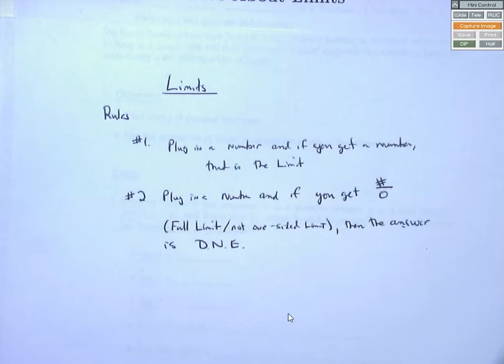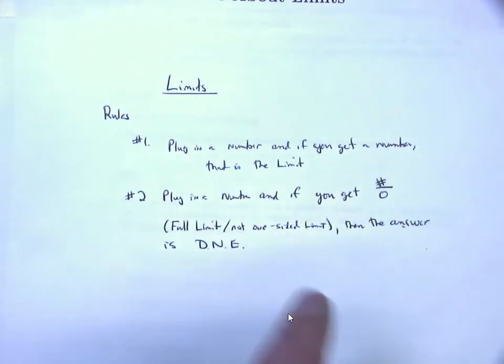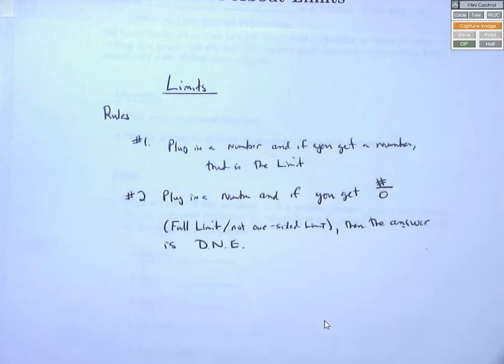So when I plug it in, I get a number divided by 0, it's straight up. Now, if it's a one-sided limit, you need to do a little t-bar, because with one-sided limits you are allowed to have an infinity or minus infinity answer, and it's going to be one of those. You just have to figure out which one it's going to be by literally plugging it in very, very close to that. And then the third case here